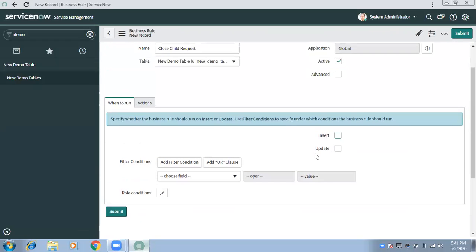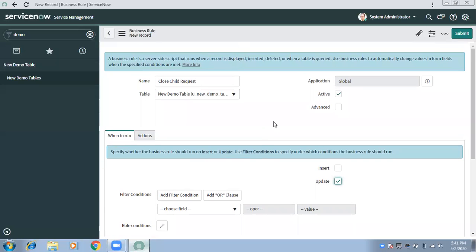When do I need to run it? Obviously not during insert, because as soon as I insert, my parent record is not going to close. Whenever it is going to close, it will be an update. So I need not check insert unnecessarily, because on insert it is not going to resolve for sure.